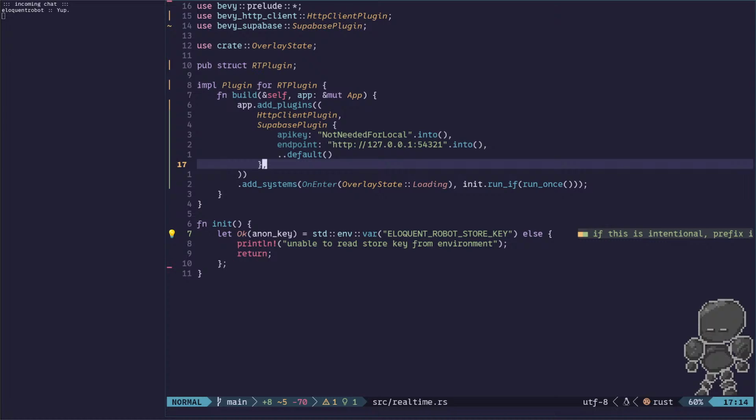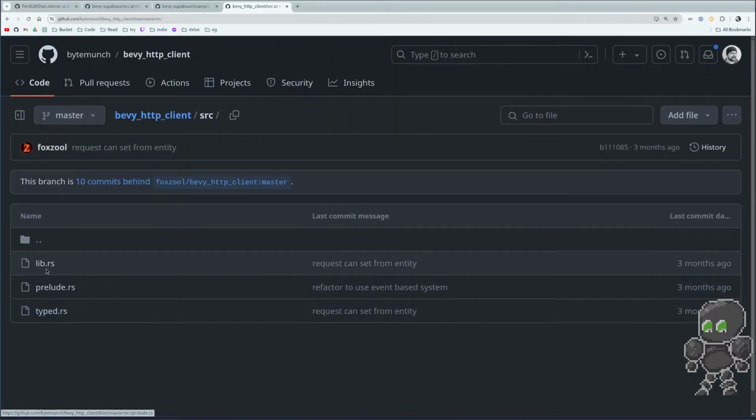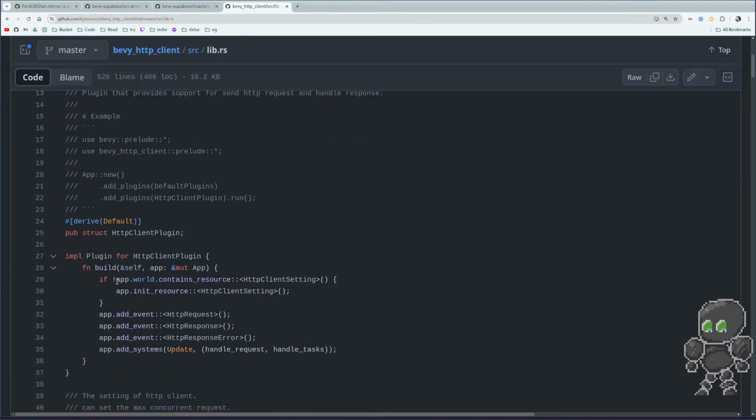Now, let's have a think about this. Presumably, we still need to provide it with the store key. So can I get, but actually, do we? If we look at the source for it, we have